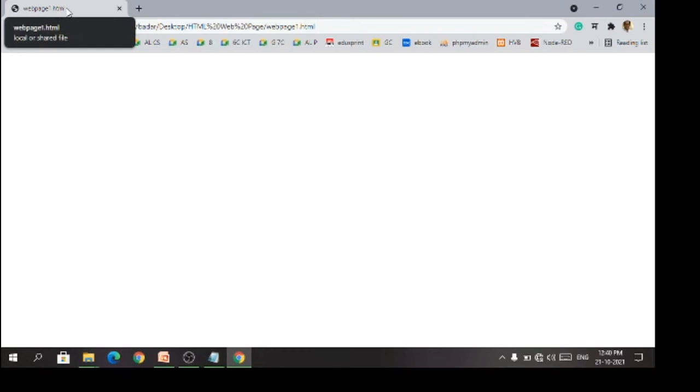Now what if I don't want to specify the file name? I want to specify something else, meaning I want to create a website. For that I need to specify my website name on the top. On different web pages and websites, you get the name at the top. Some names are specified for that particular website. So the same thing I want for my website.